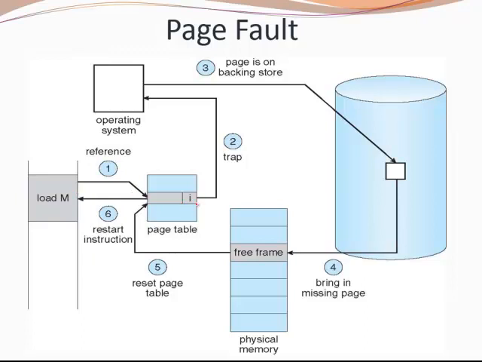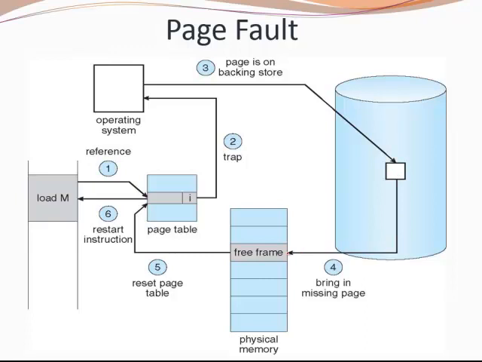But when we look in the page table, there is no entry for page M, so it is marked as invalid. And we know that when the page table contains an invalid bit, that means the page is not available. This is called the page fault. Next, the page table will generate a trap and send it back to the operating system. Then the operating system goes into the secondary storage and transfers that demanded page, that is M, into the main memory,